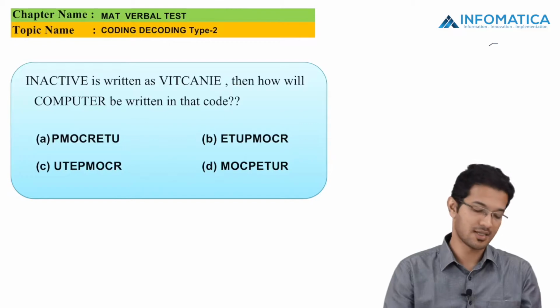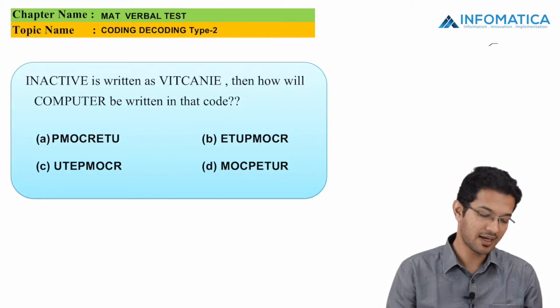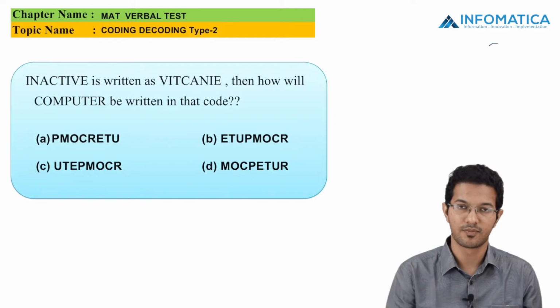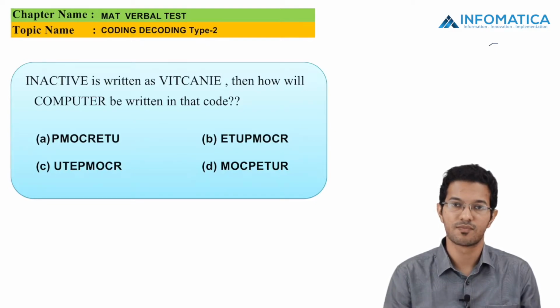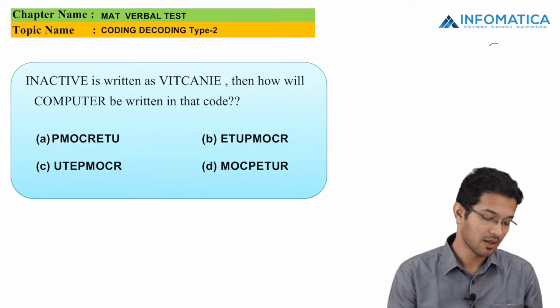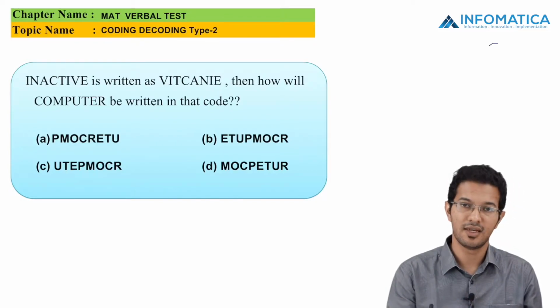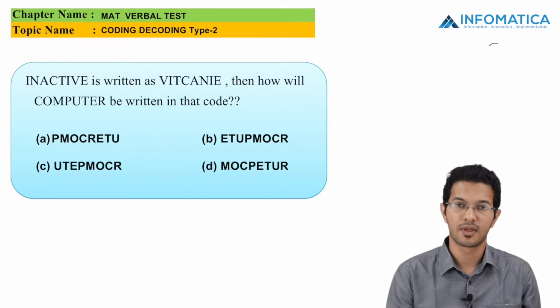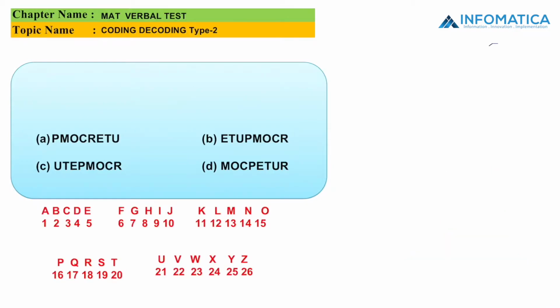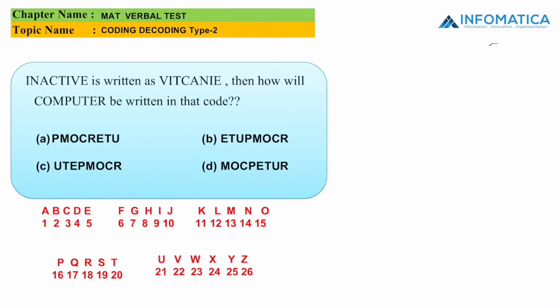The first MCQ says that INACTIVE is written as VITCANIE. So the first thing, as we know, we go for the series. But in this question, we do not require the series, because if we watch carefully, INACTIVE is written directly as VITCANIE. Let us go for the solution. If I write it down as INACTIVE, it's written as